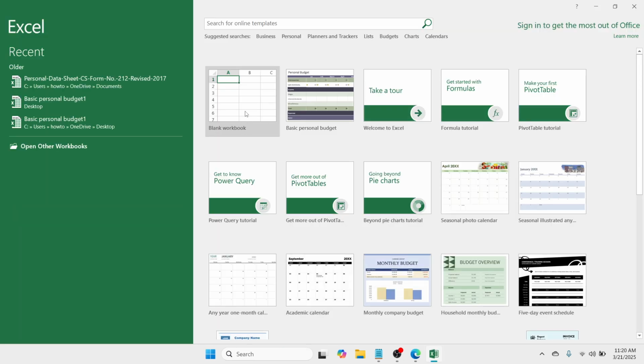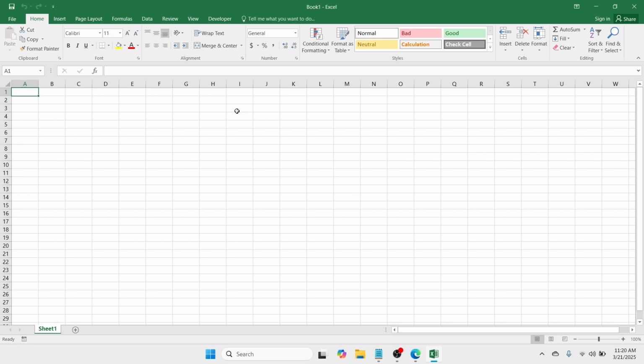So let me just click on blank workbook so that I can give you an example on how to add such. Okay, so let's say for example, 100,000. Okay, so in order to add a dollar or euro sign in here, whatever currency that we want to add,